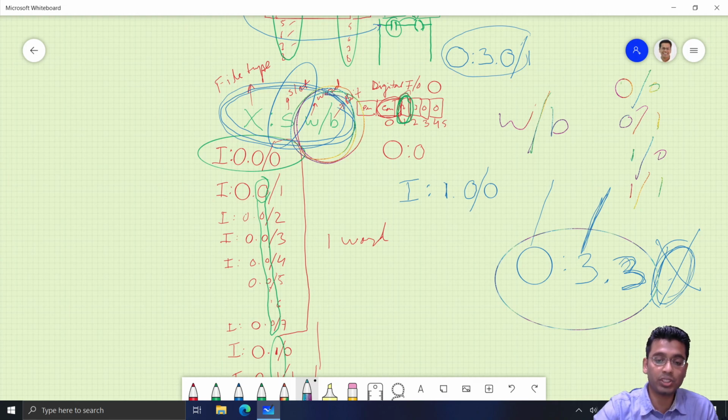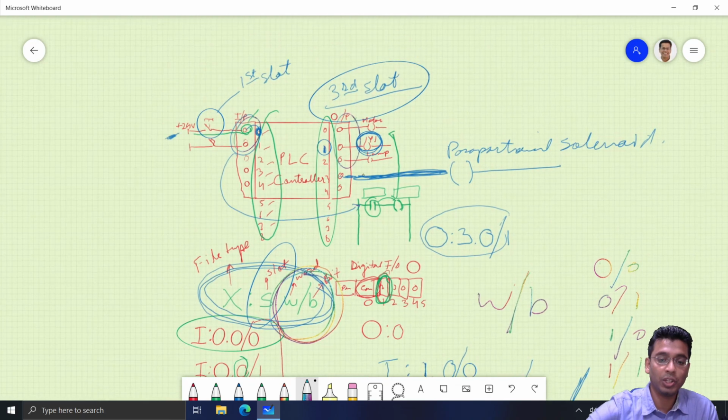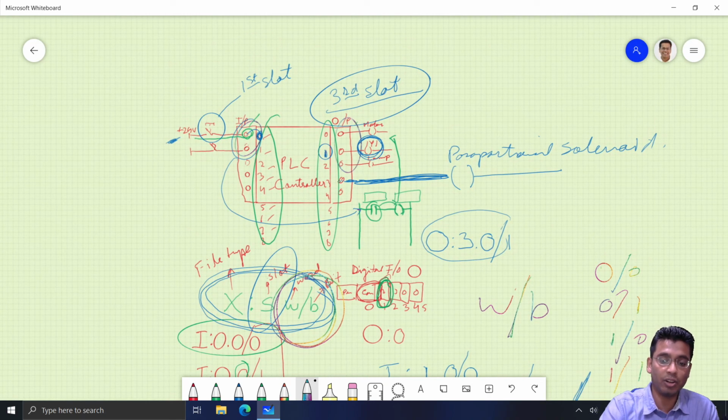Of course, don't get confused here. One thing, you cannot place analog here directly. Why? Because if I have connected 3 digital outputs in this module, that means this module is a digital module. That means it actually requires bits. All these are bit values here, so in that I cannot connect my analog. I actually need a separate module, in which every connection will occupy one word of space. So this was just one example that I showed you.